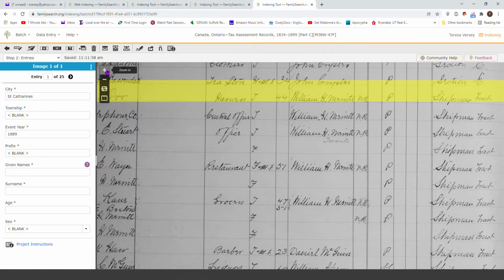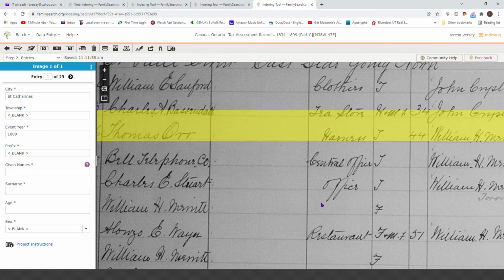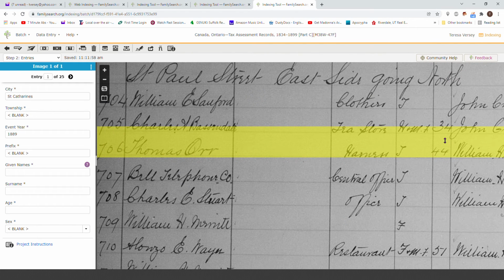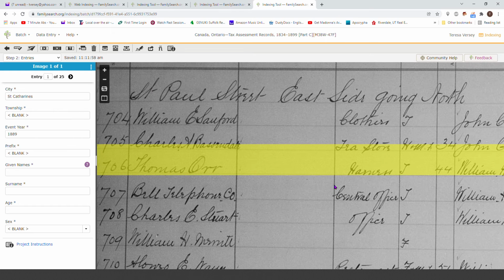Now I can make this big and nice so that I can see it. I like to have the years here where I can see it. And then here is the names right here. And on these, it looks like they're going first name, middle initial, and then last name kind of thing. Okay, so I'm right here and give a name. This is William, so I'm going to type in William.